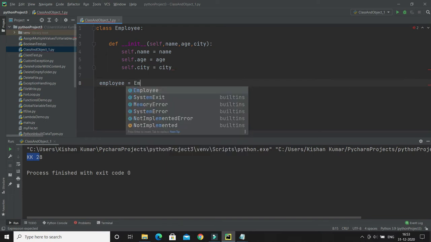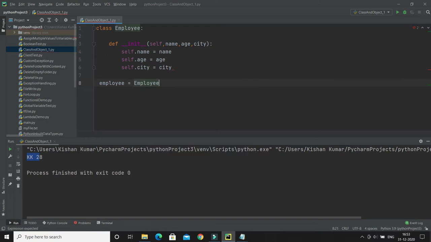I'm from a Java background, so I always used the new keyword while creating an object, but in Python you don't need to use new. So I have created an object, and here I am passing three parameters. First is the name, let's say KK, age, let's say 28, and city, let's say Mumbai, right? I didn't call this init method explicitly, right?